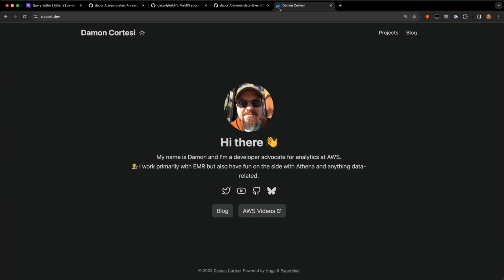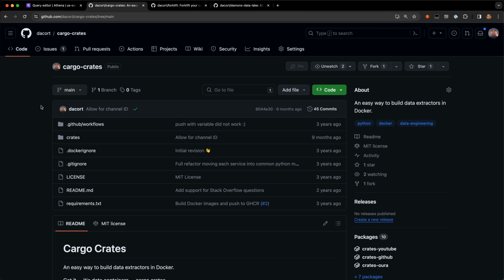Let's get started. One of the things that I did right before I joined AWS was I was getting really interested in containers. One of the challenges I had is whenever I would build a little tool to play with an API, if I ever came back to that tool a few months or a year later, I'd have to figure out what version of Ruby or Python I had installed and what libraries I had installed and get everything cloned and back in order. So I wanted to experiment with using containers as a way to build a framework to access APIs that I could use pretty easily on an ongoing basis.